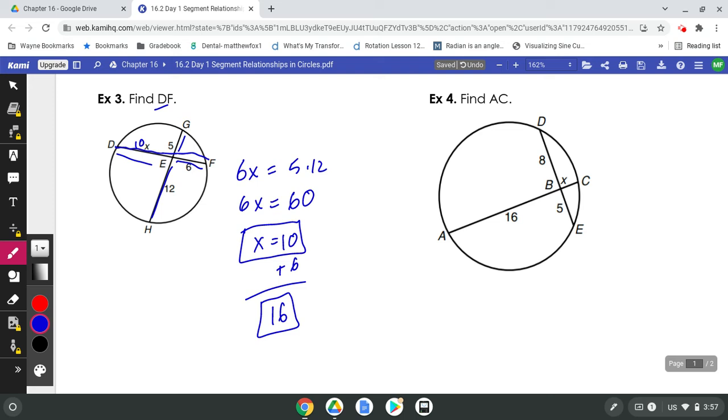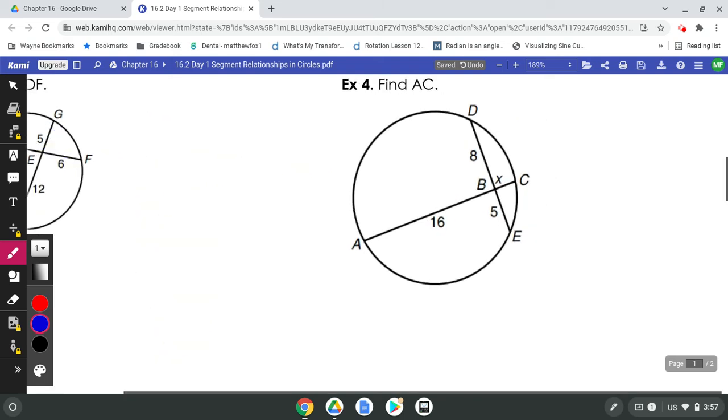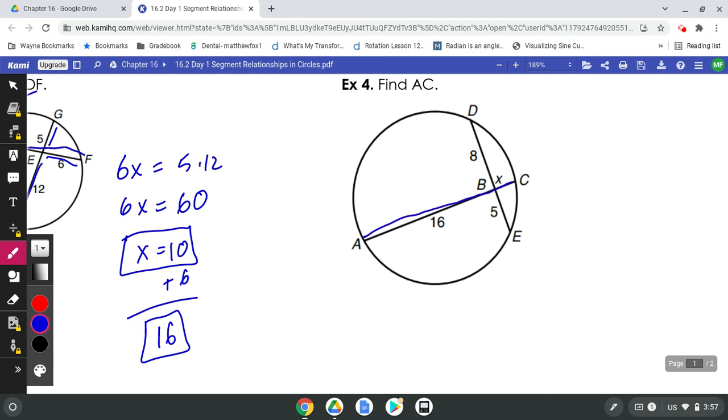And our final one, like this, chord-chord relationship. AC here, we need to know what that whole thing is here. So we know that 16 times x, 16x equals whatever 8 times 5 is. 8 times 5 is 40. We'll divide by 16. X equals